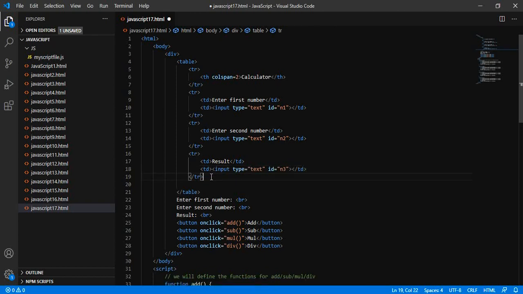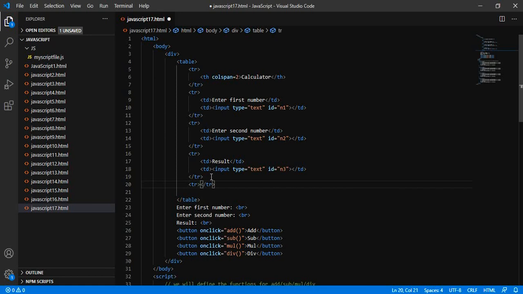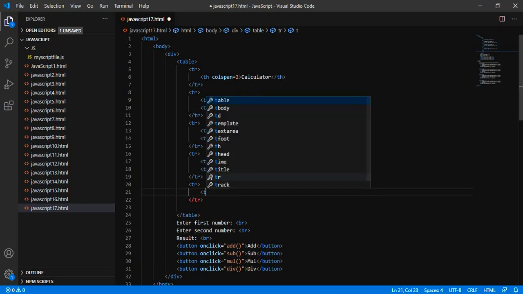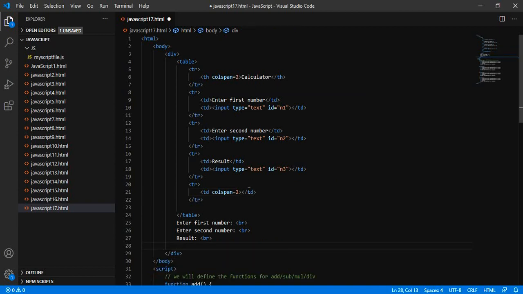Let me add one more tr. This will be of colspan 2, and we will add simply these 4 buttons.